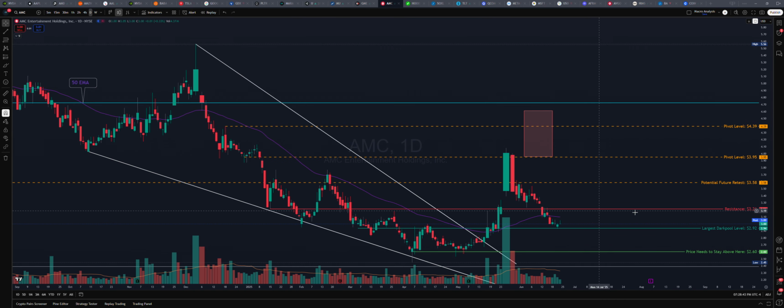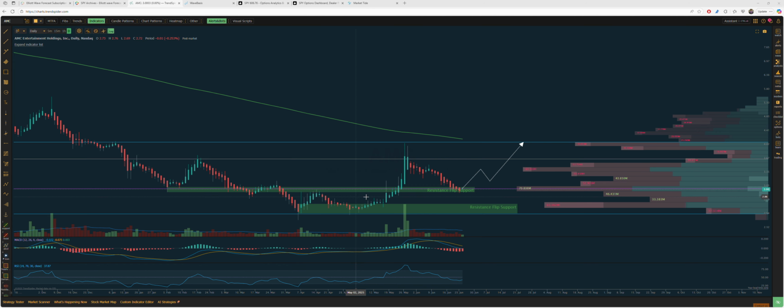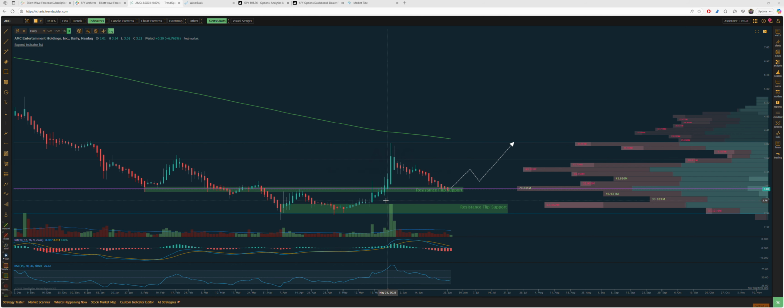So you want to get back above this 321 level on AMC. If not, you could see more downside towards that 260, 270, which I posted today. Let me see. I think I got it. Hold on. Yeah, so here it is. Just posted this today. You want to see this level hold. This 315. I want to see us above 315 pretty much to get this upside move on the daily.